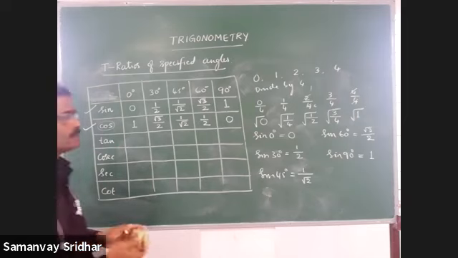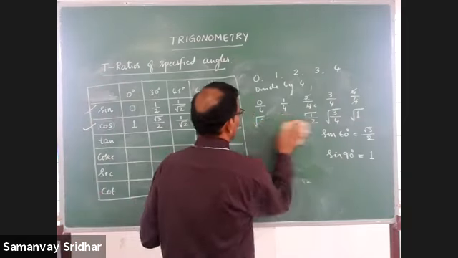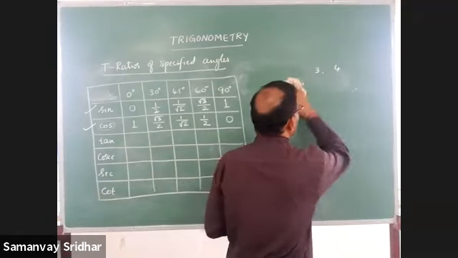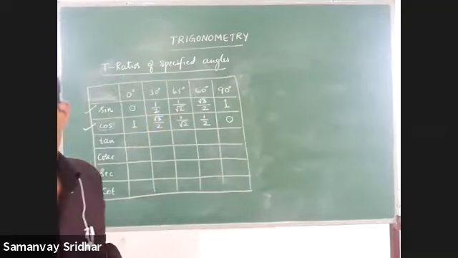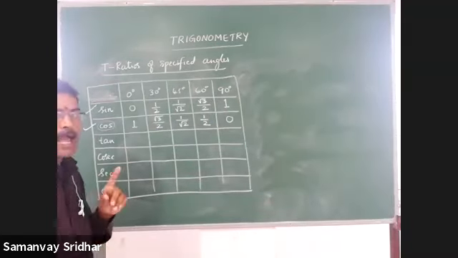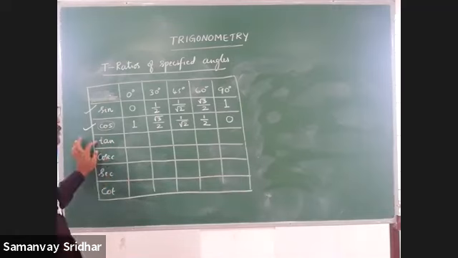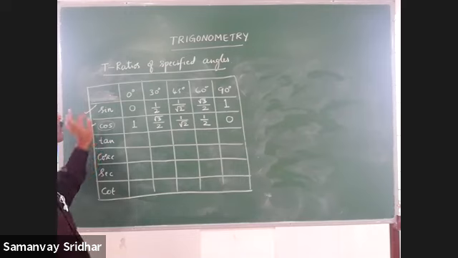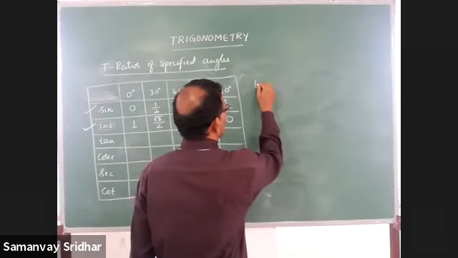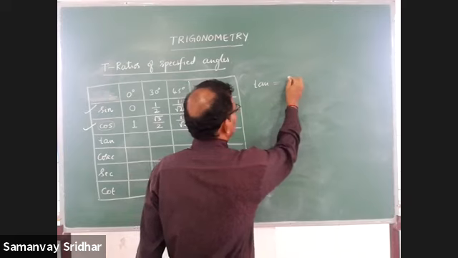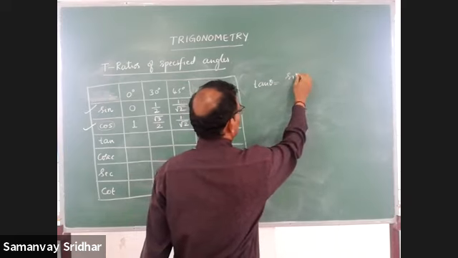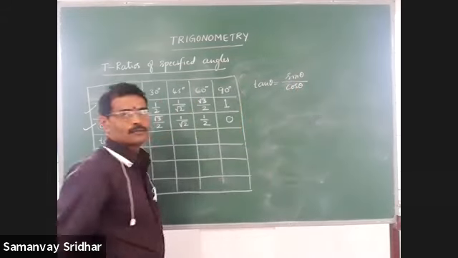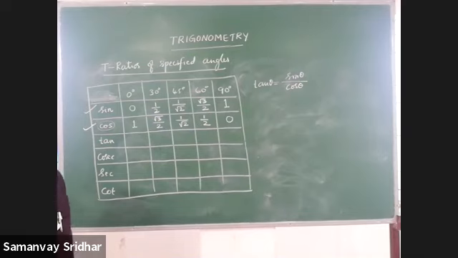How to write the tan? Here, I clearly told you what tan is with respect to sine and cos. Tan can be expressed in two ways. Tan is 1 by cot, but I don't know what cot is here. Tan is equal to sine by cos. Tan theta is sine theta by cos theta. In the beginning of the class I explained.